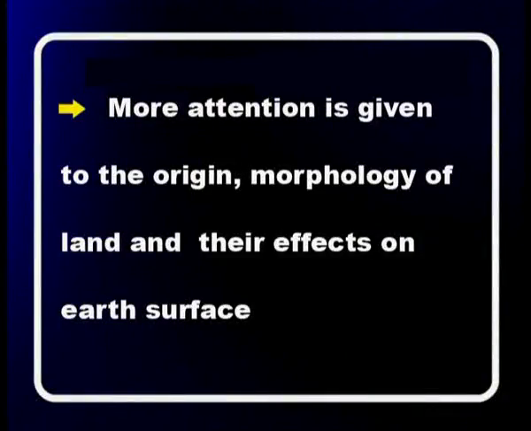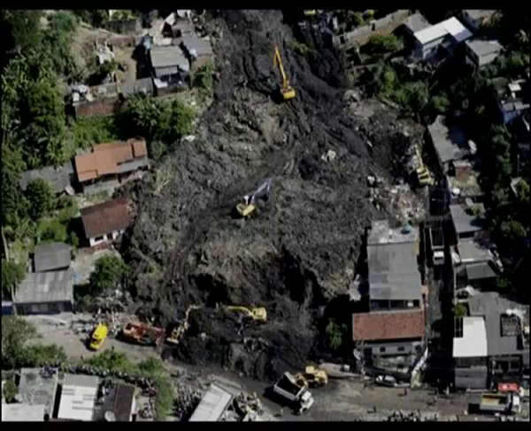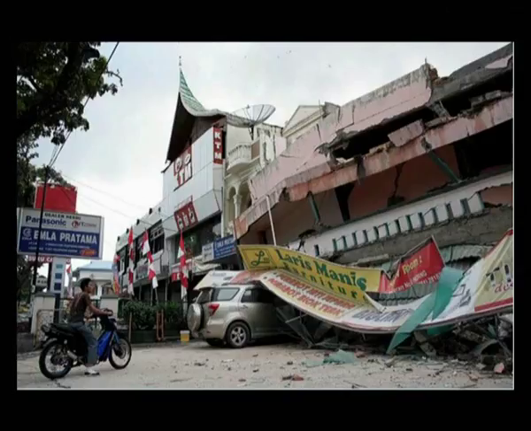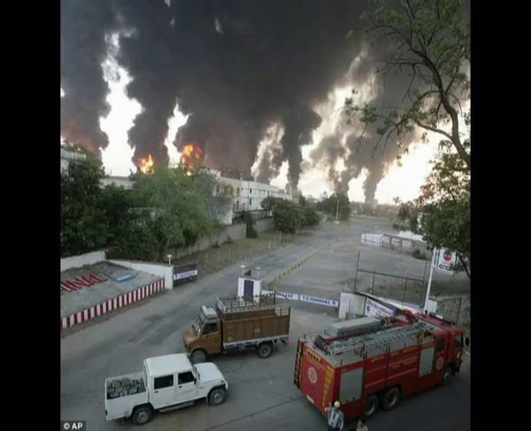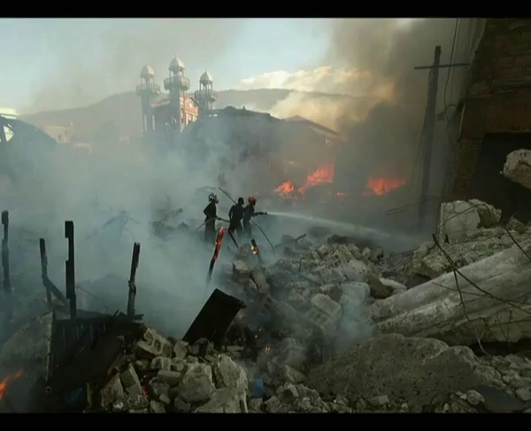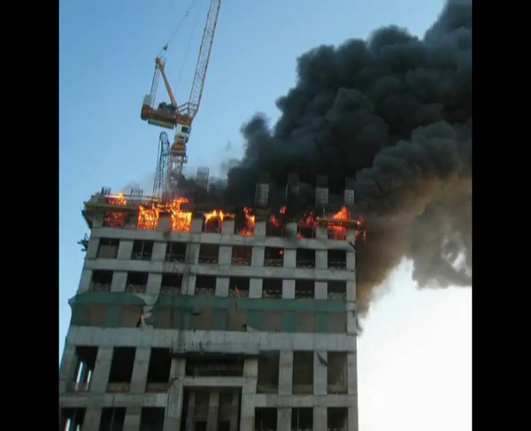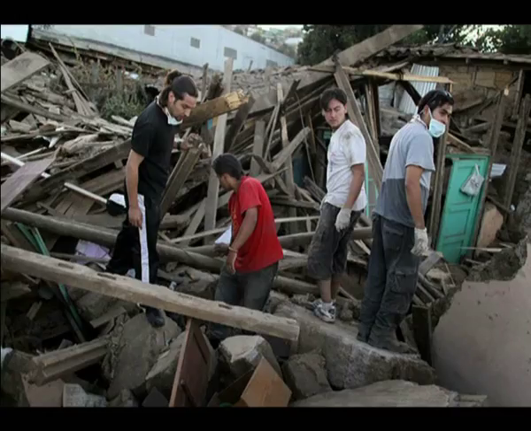More attention is given to the origin and morphology of land and their effects on the earth's surface. Man and natural hazards and disasters, adverse impact of man on the activities of nature and environmental problems, remedial measures, etc. For example, global warming, wildfire, the Indian Ocean tsunami of 2004,